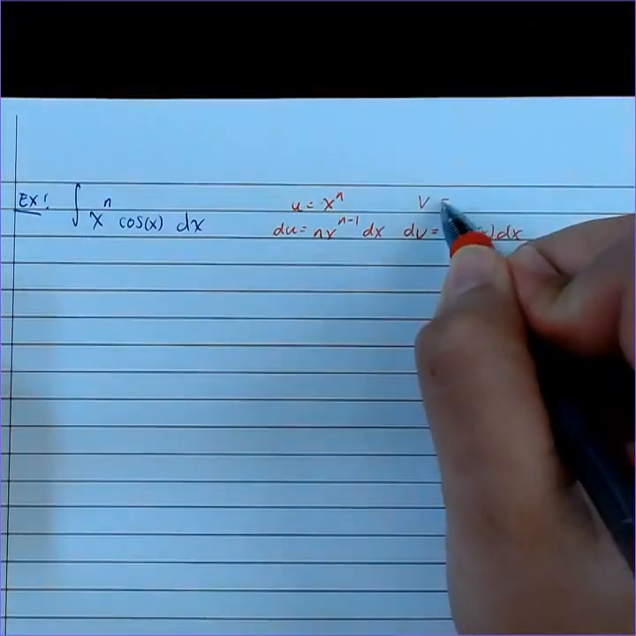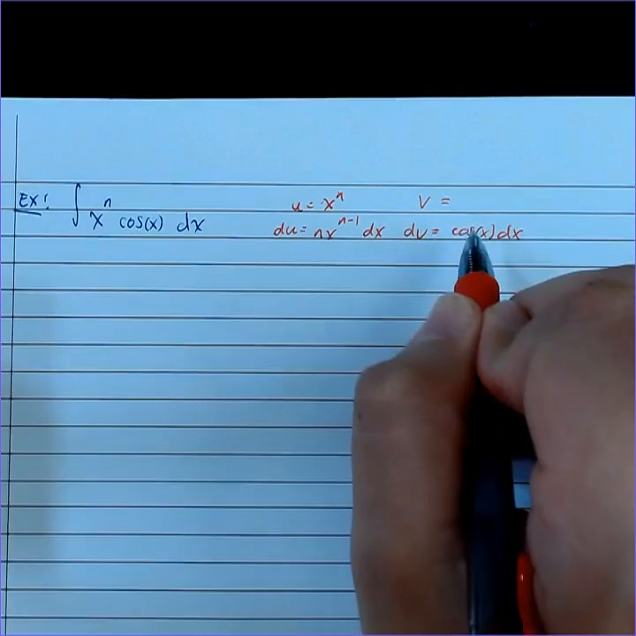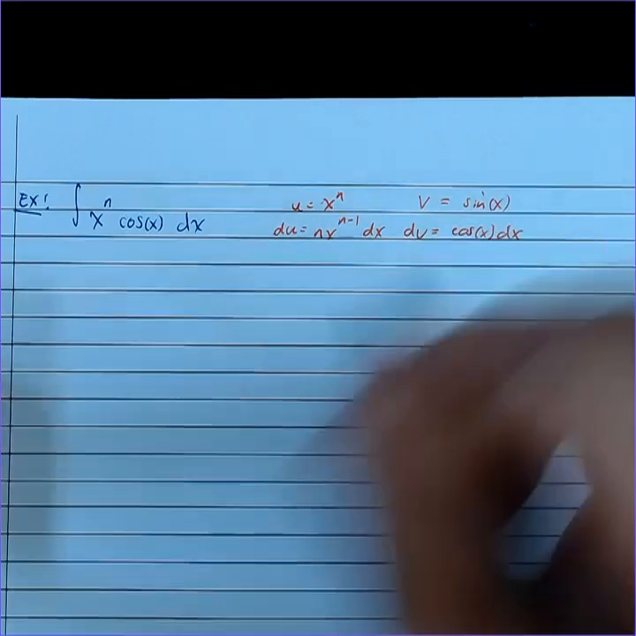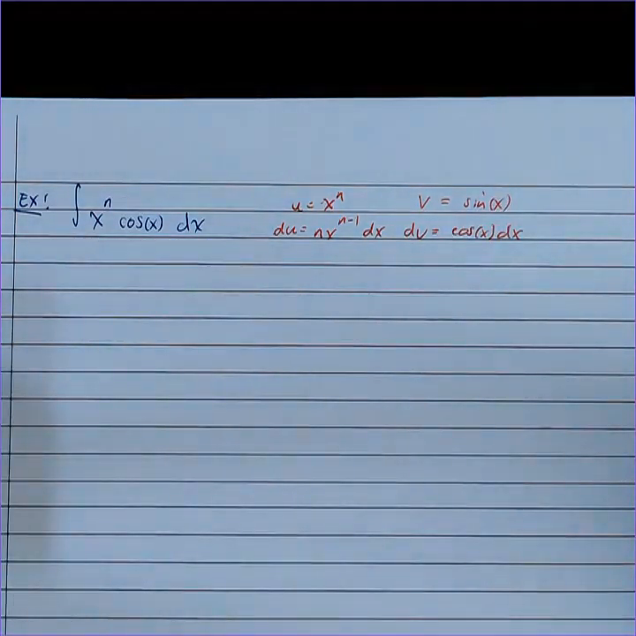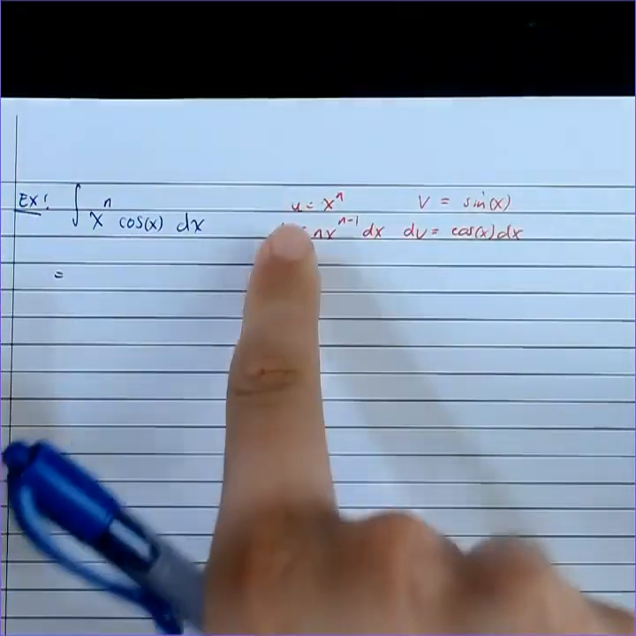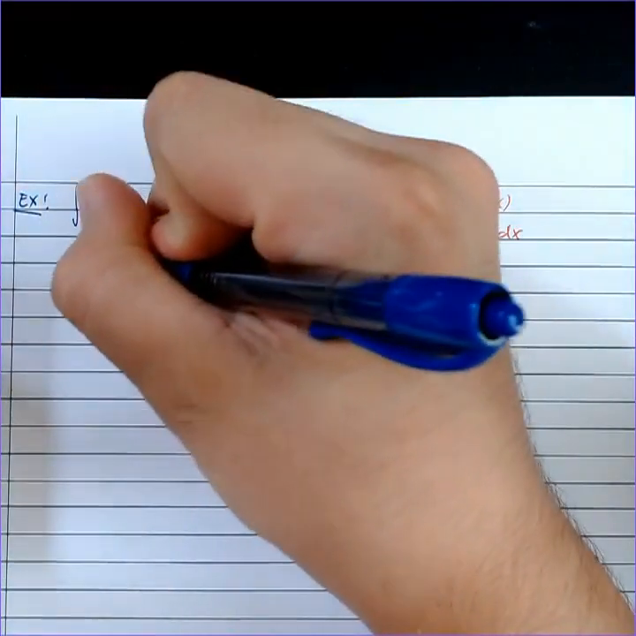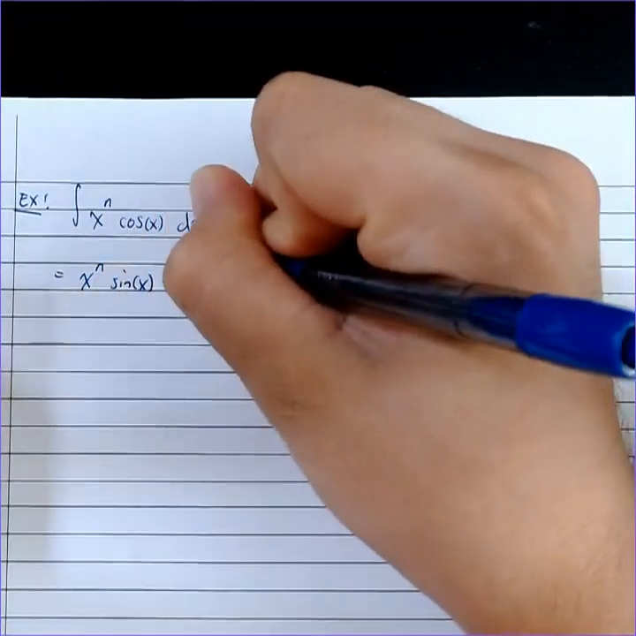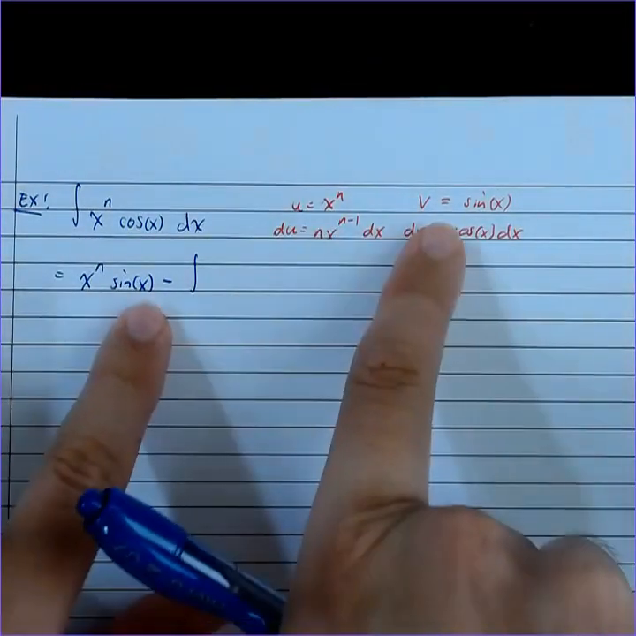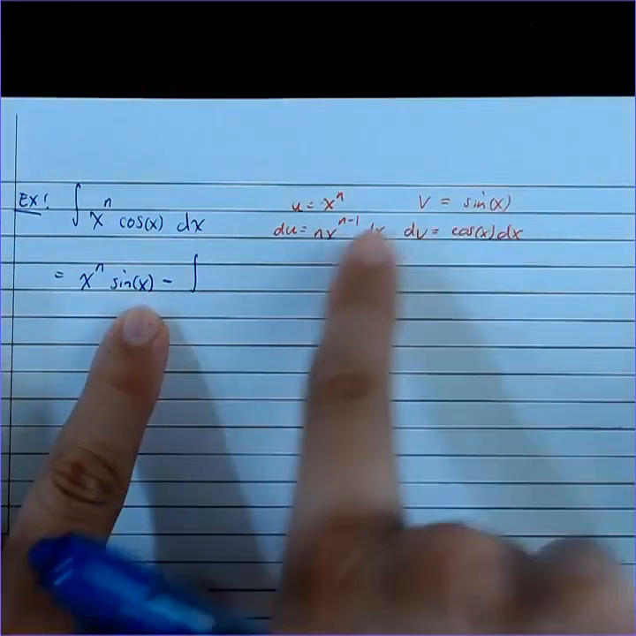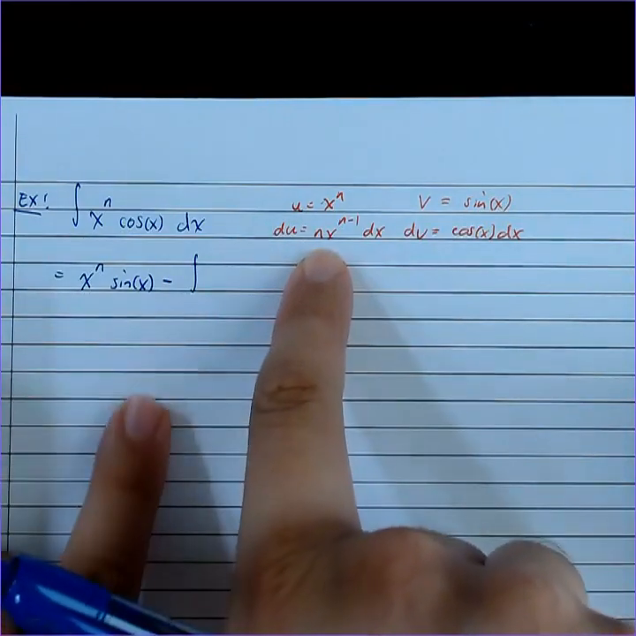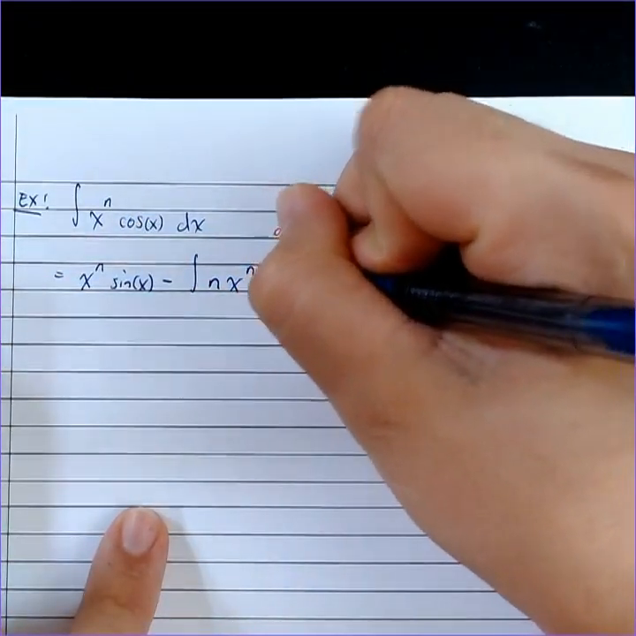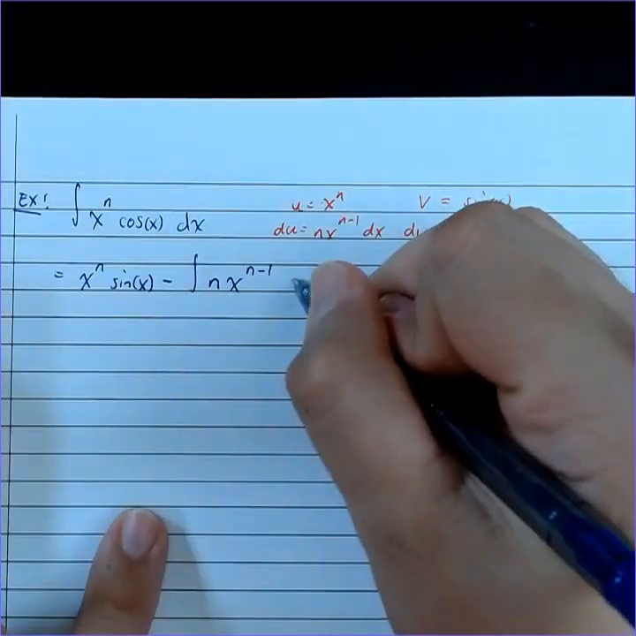And here, dv is cosine of x dx, so v is the integral of cosine of x dx, which is just the sine of x. So now here, I can write this as u times v, so x to the n times the sine of x, minus the integral, so u times v, minus the integral of v times du. Okay, well, that's n x to the n minus 1 times sine of x